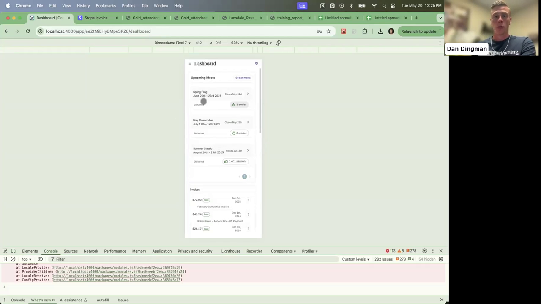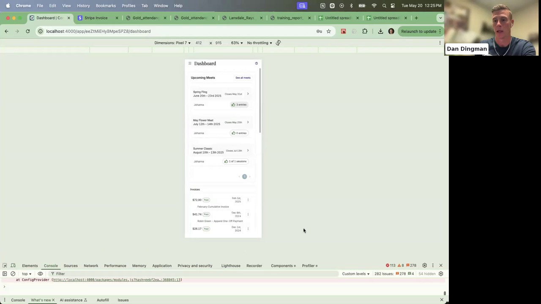Yep. So right now I'm inside of a parent account, looking at it from the mobile browser, and this is what it feels like. This is the first thing they see on their dashboard: upcoming meets. We feel like invoices and upcoming meets are the two most important things parents need to be aware of, so that's why they're the first two things inside of their app. It's probably 90% of what they use Commit for as a parent.